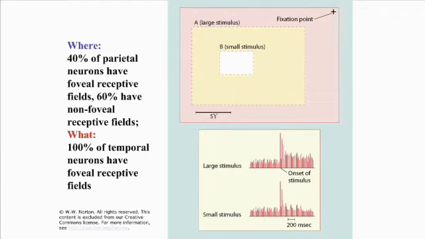So for example, in the where pathway in the parietal cortex, many neurons pick up information from the fovea, the central part of vision, but the majority are sensitive to stimuli in the periphery. So if you imagine a good thing to know if you're running is in the periphery. Are there things coming at your head, things to avoid? You might grab something here if you need to grab it there. You would want to have a lot of peripheral information for spatial things around you.